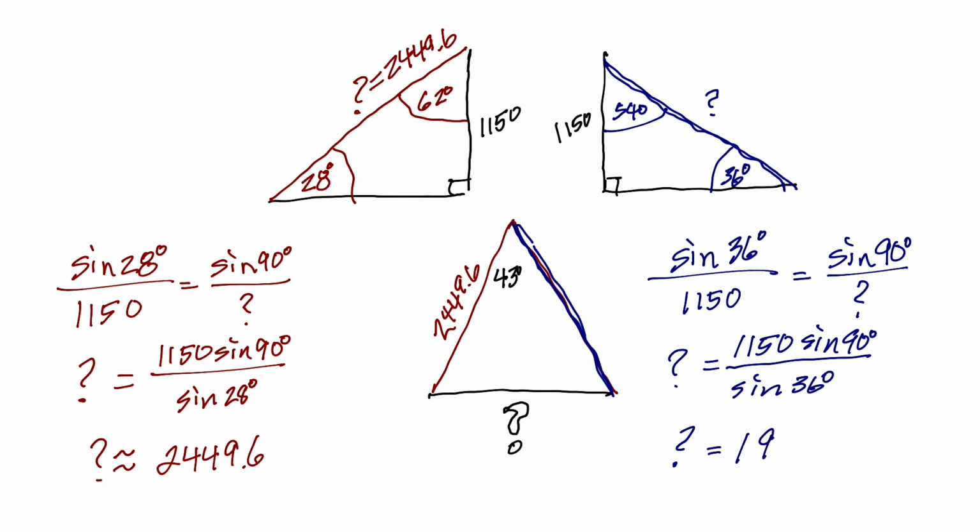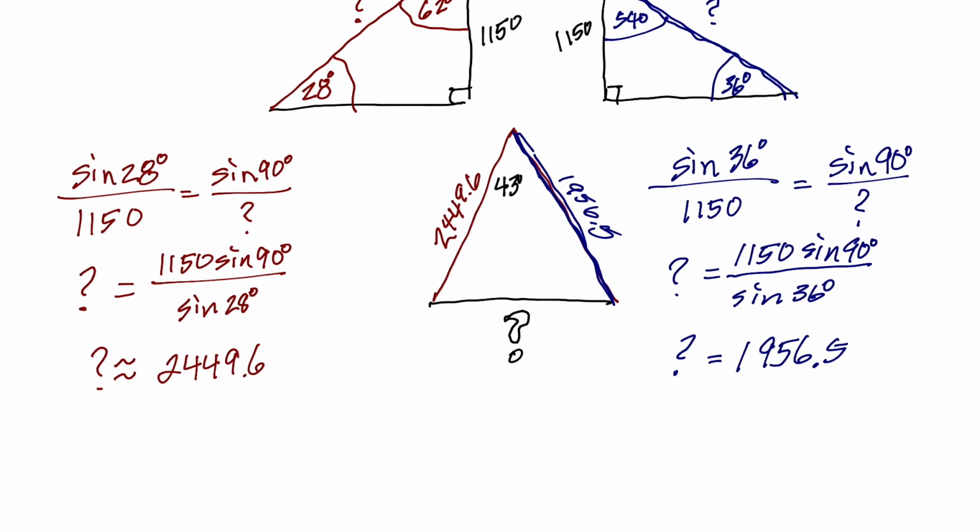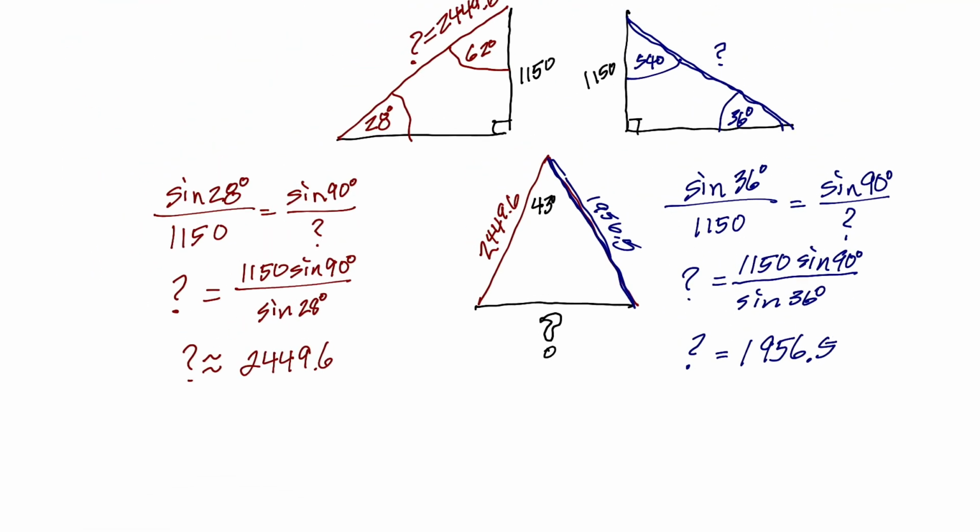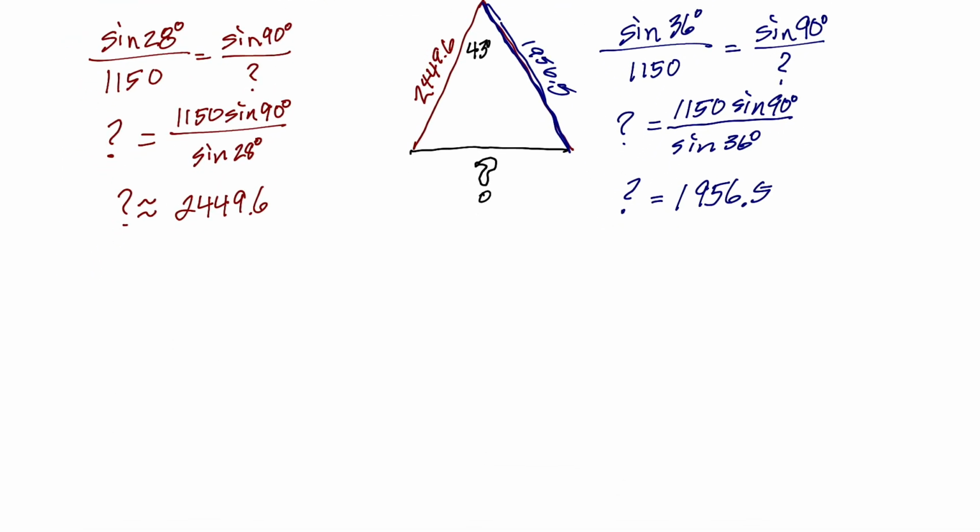And go ahead and rewind this as many times as you need to, because I am just sort of copying off my answer key. So now I know that this side is 1956.5. Now, of course, the full decimals would be in your calculator, but I'm thinking this is good enough for government work here. So this, my big question mark,